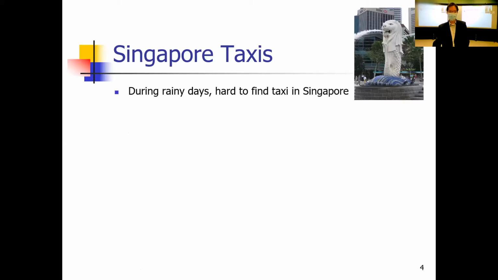During rainy days, it's difficult for us to find a taxi in Singapore. Maybe all of you have some reason in your mind why we could not find a taxi easily.